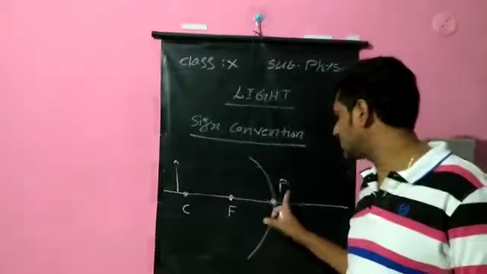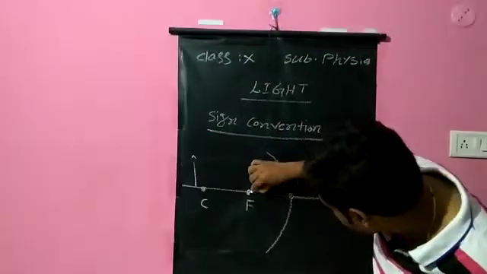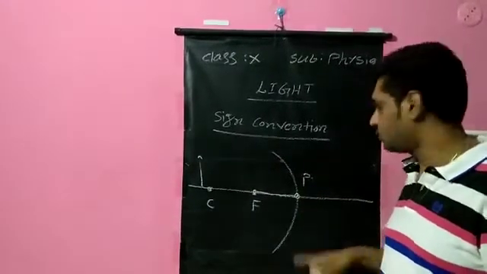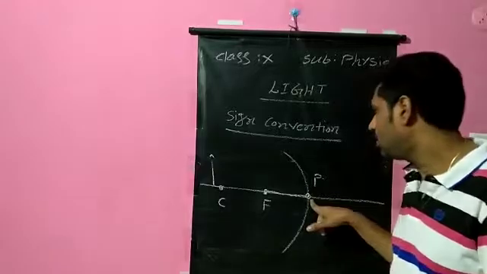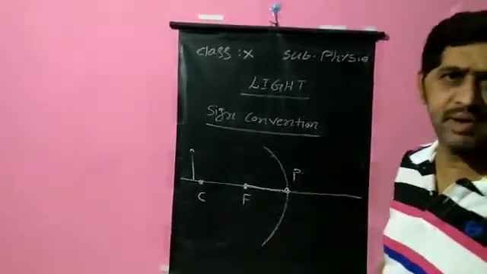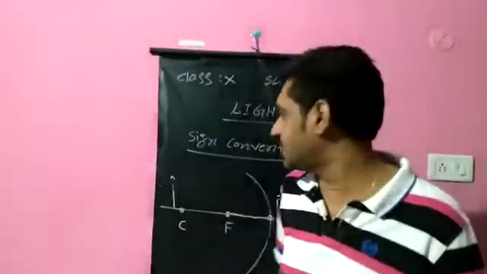Focal length will be what? The distance between the pole and focus. If you measure it with a scale, this length will be the focal length. For measuring this focal length, you should start measuring it from the pole to focus, not from focus to pole. Why, sir? The length remains the same. The magnitude may be the same, but the direction of light changes, you see.